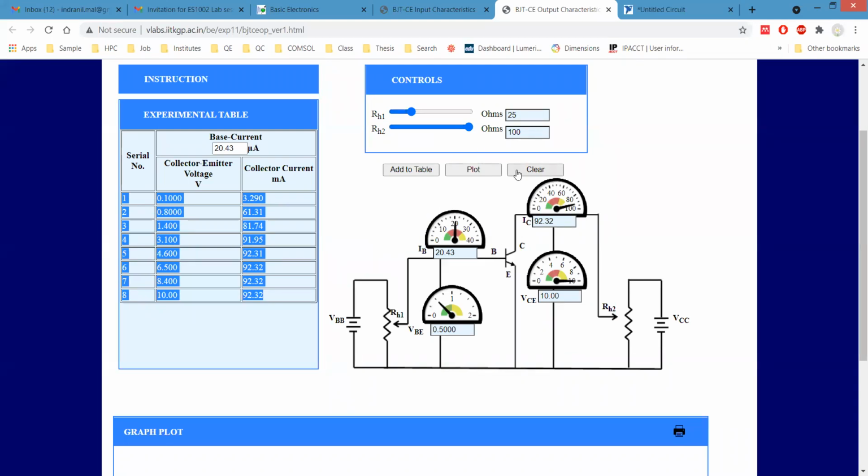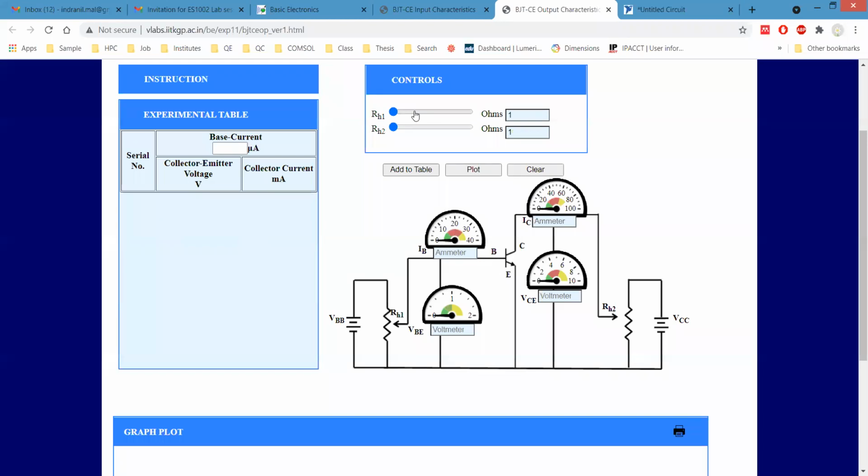Let's clear it. No, sorry, it should be 30 then 40. No, this is 32, 31 then 30.47. Okay, 30.47. Let's take this value. So for this one,